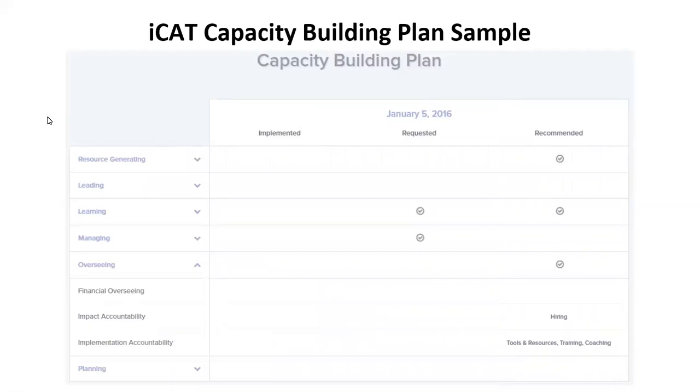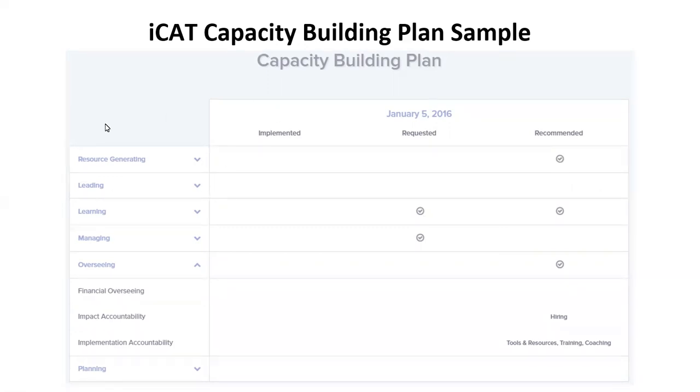The last section of the report that you'll see is this capacity building plan. And that does break down into the core capacity areas as well as the subcapacity areas. It mentions, you know, when something is recommended, gives a little summary of what is recommended. And you can also use this as a living document if you choose. Again, no mandate, but it's an available tool. Your report stays open to you as long as you'd like to use it.